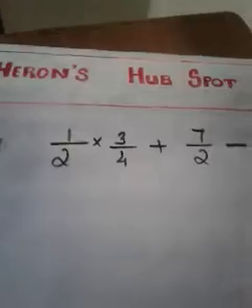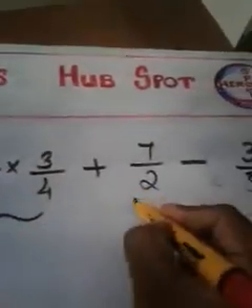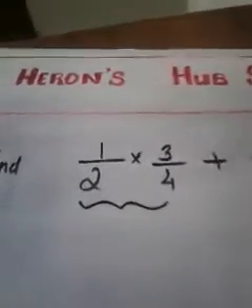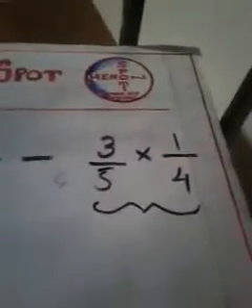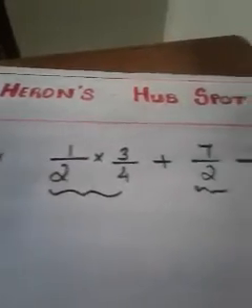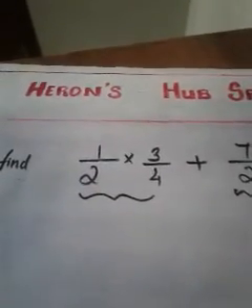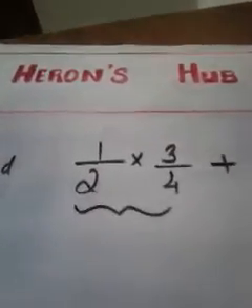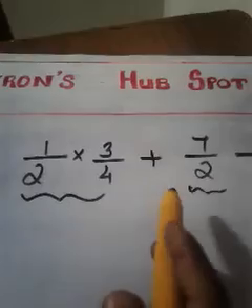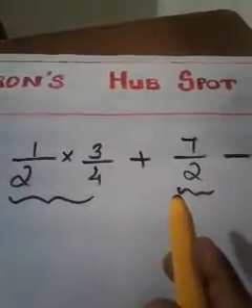See, you just compare the terms. This is your first term, this is your second term, and this is your third term. Compare the three terms, and is there any common? Can you select any two terms such that the two terms share a common fraction? Compare the first and second term. Is there any common? No. There is no common fraction.